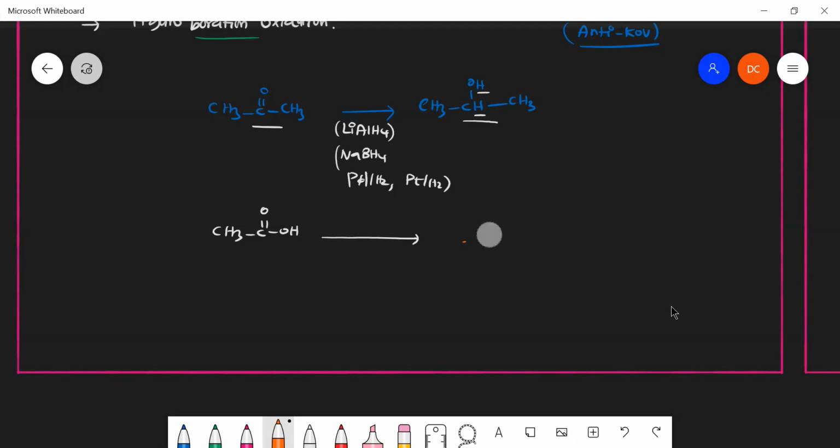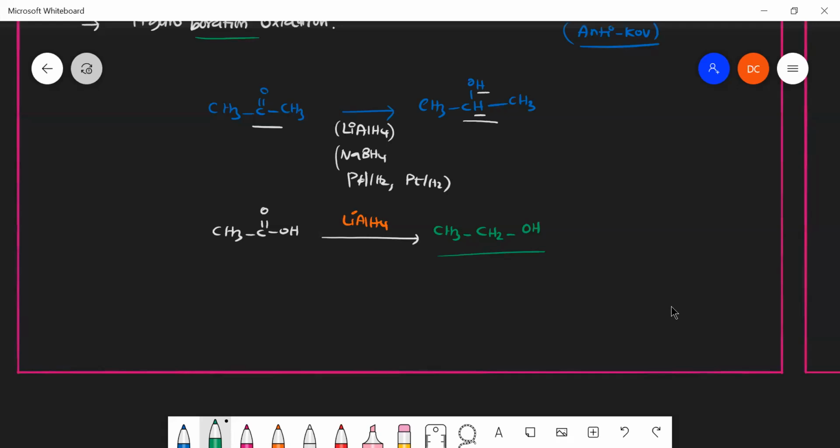If I use lithium aluminum hydride, what kind of product can I get? RCH2OH. CH3CH2OH. So here I get alcohol formed as a product, because lithium aluminum hydride is a very strong reducing